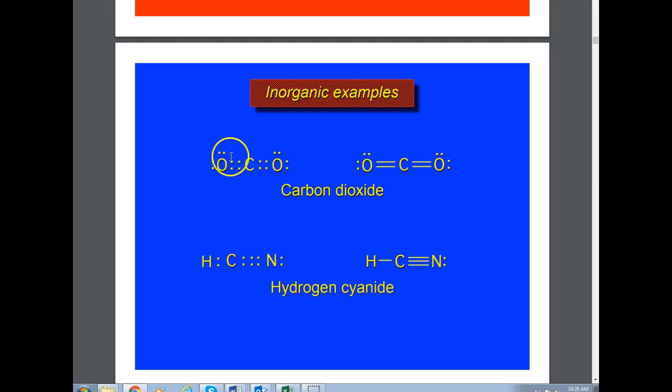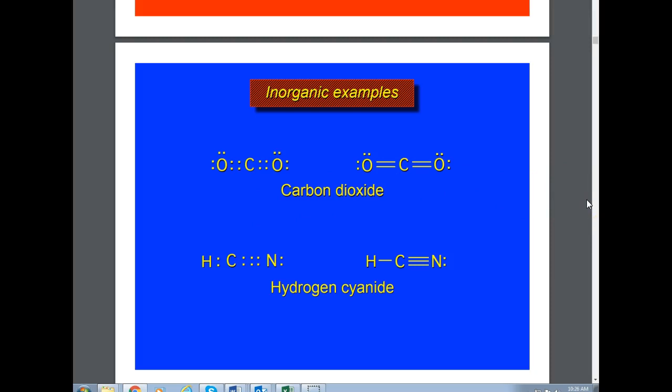And if we drew it with everything with single bonds, that wouldn't come up with 16 electrons. So the way we have it now, we have 8 in the middle, and then we have 8 around the outside, so that makes 16 total. So you always have to come up with the same number of valence electrons as the atoms that come into that bond have. So we can have double bonds, or we can have triple bonds,